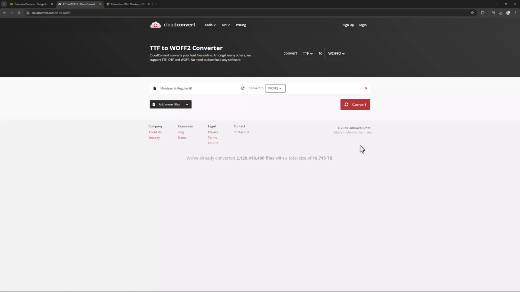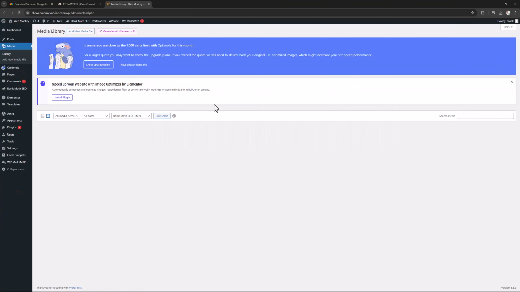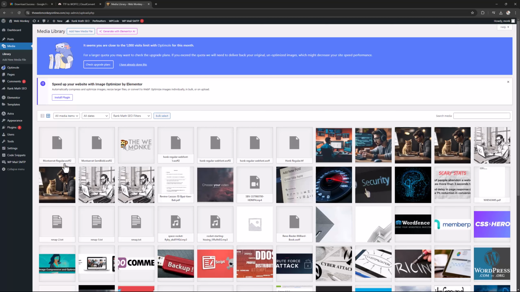And then once you've gotten the WOFF2 formats, upload them to your media library on your site. I've already done that. And if I show you right now, if I go to my media, my library, you will see that I do have the Montserrat regular WOFF2 and also the Montserrat semi-bold already uploaded to my media library. So now the final step is to actually add the font family